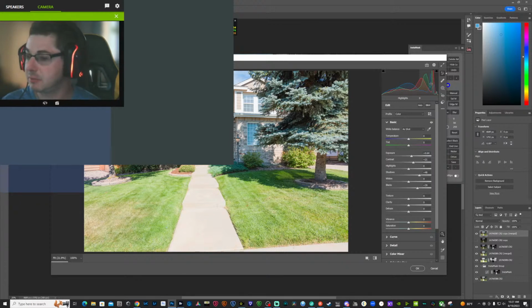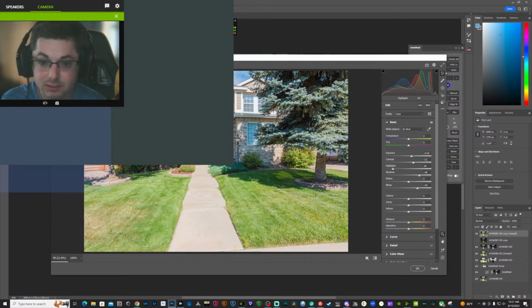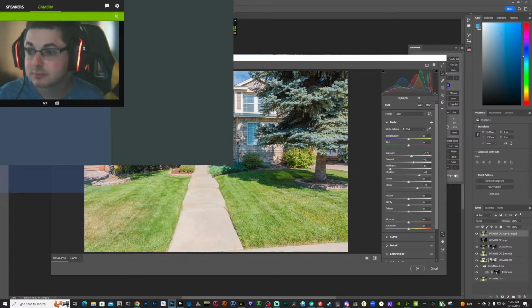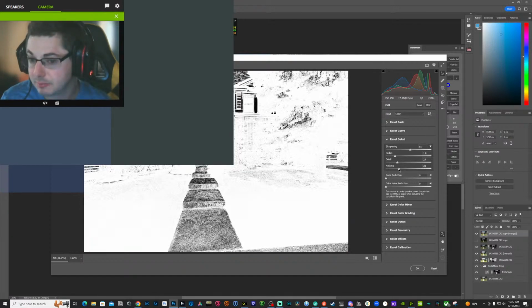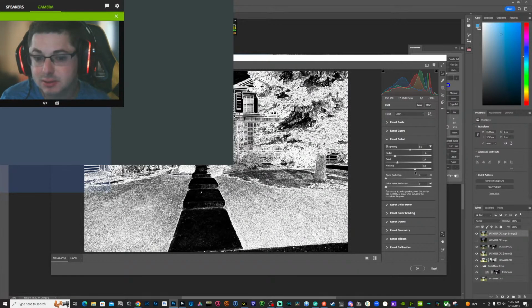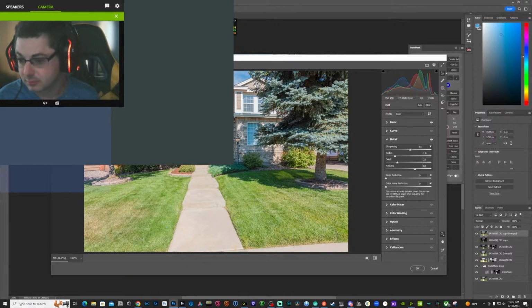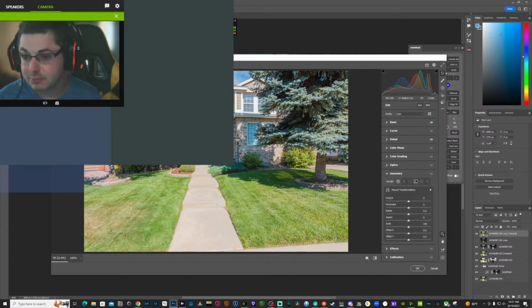Pull down our highlights until we retain a lot of that detail that we want to keep. Do some sharpening. Mask that just around our edges. Geometry, make sure it's straight.